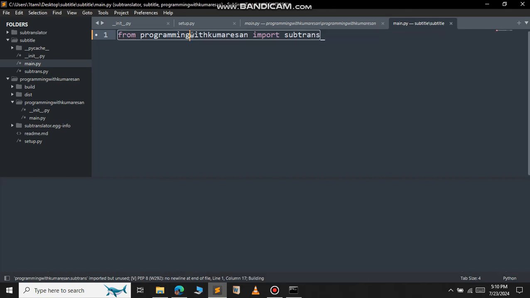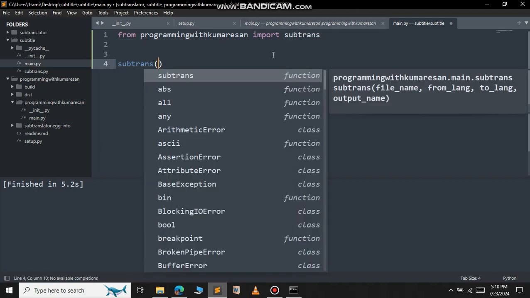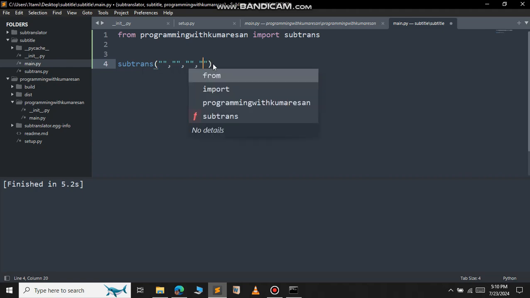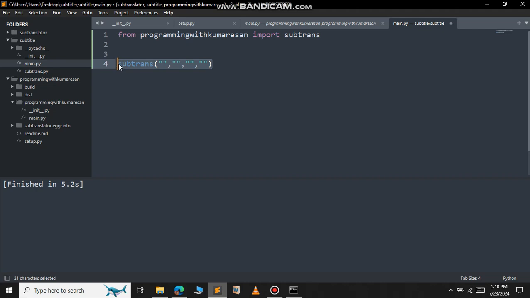So let's press enter. As you can see, the file has been executed successfully. That means we don't have any error. If you want to translate the subtitle, you can just pass the name of the input file, then the source language, then the destination language, and then you can give the name for the output. I will skip this and show you how to publish this package that we have built now to the